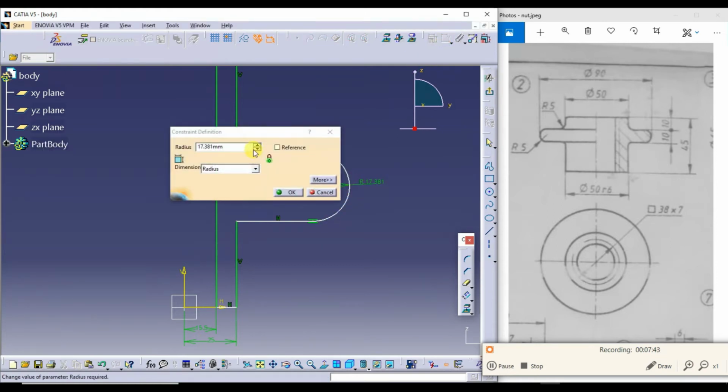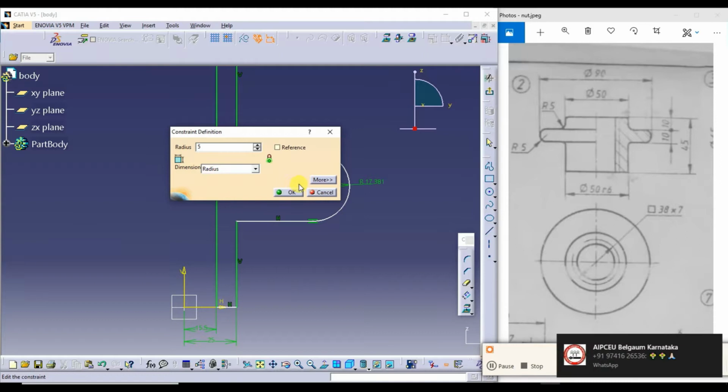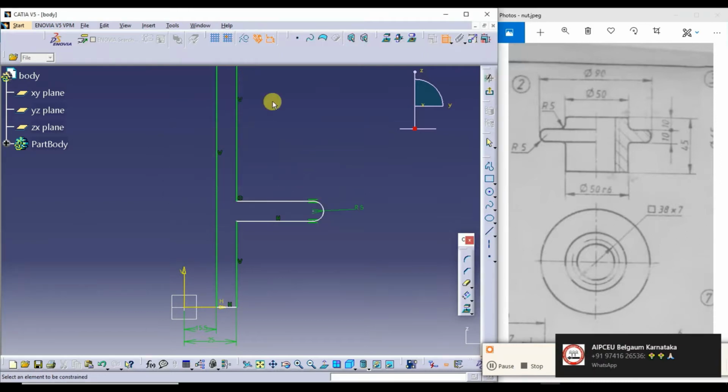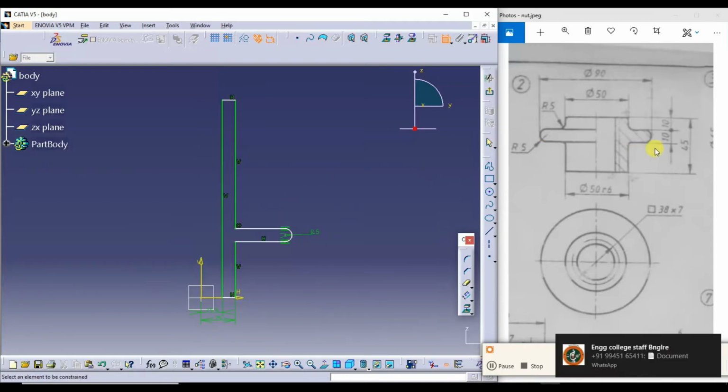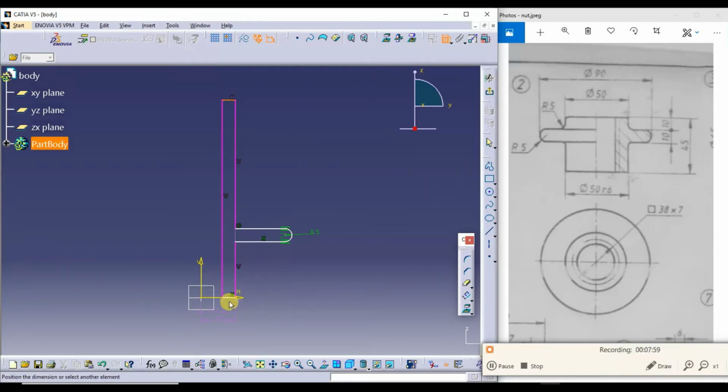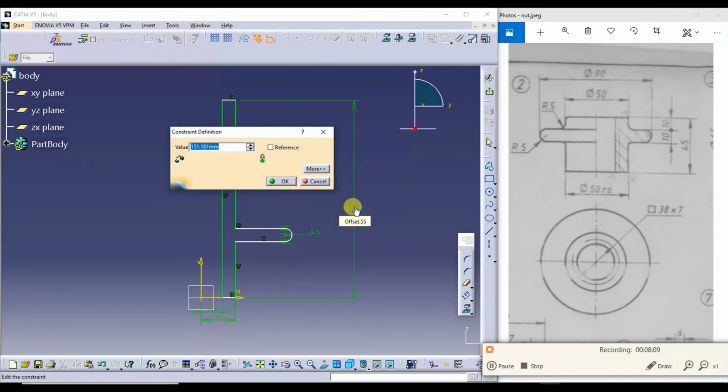Next one is, this radius is 5 here. Next, I'll give the height of this one is 45. From here to here it is 45.